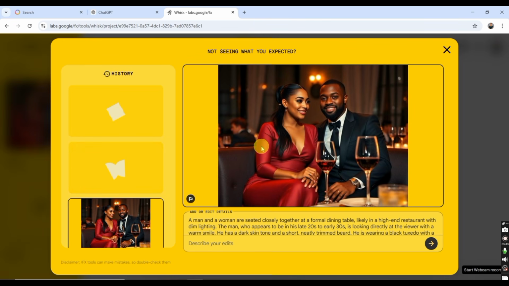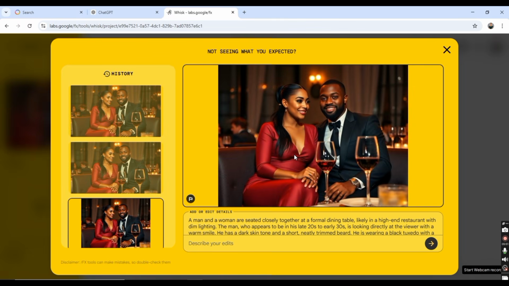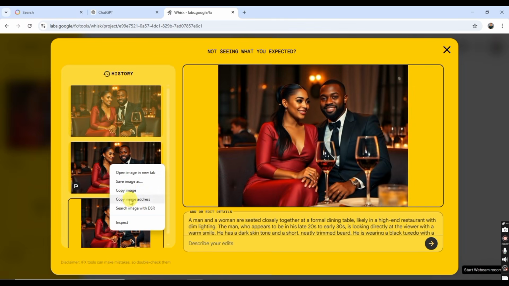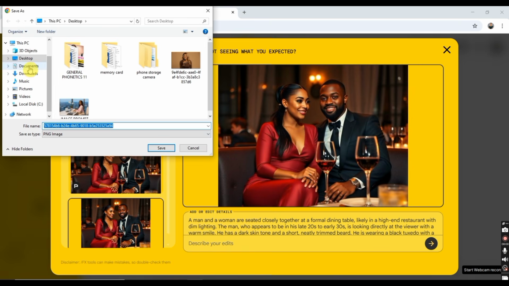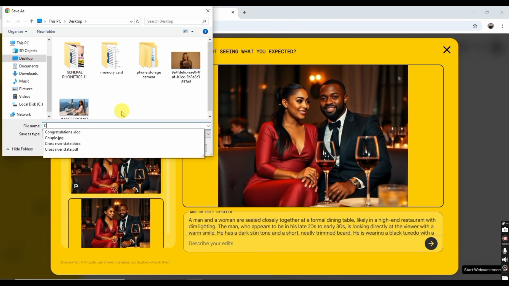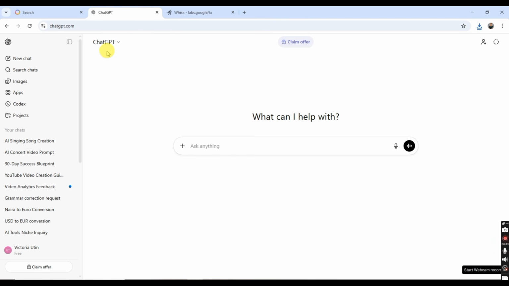Okay, so let's just wait. I'm going to click any of them to save. I'm going to save to my desktop and save as couple. So once you do that, the next step is for you to come over to ChatGPT